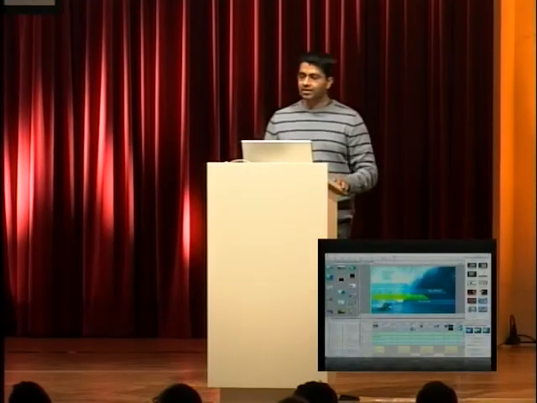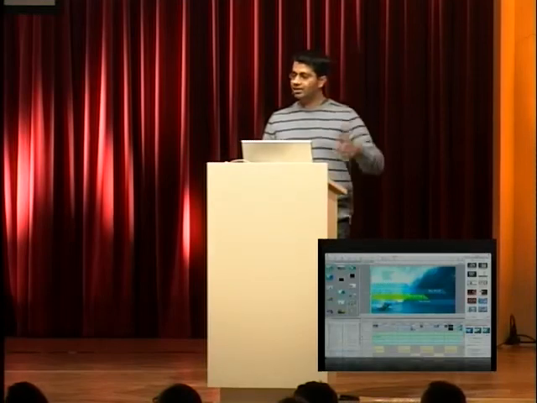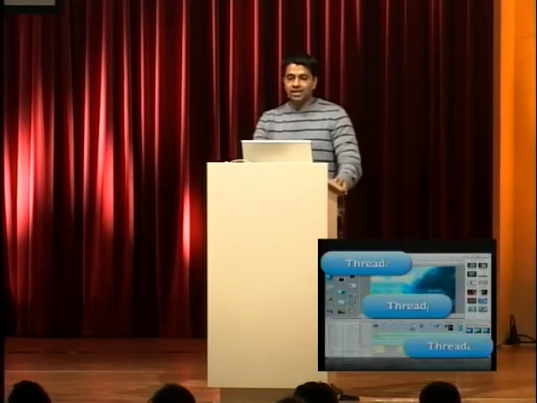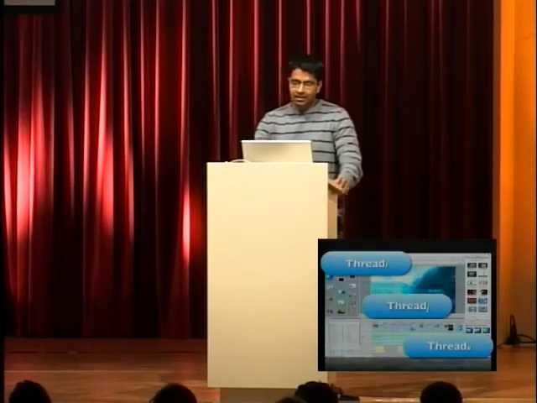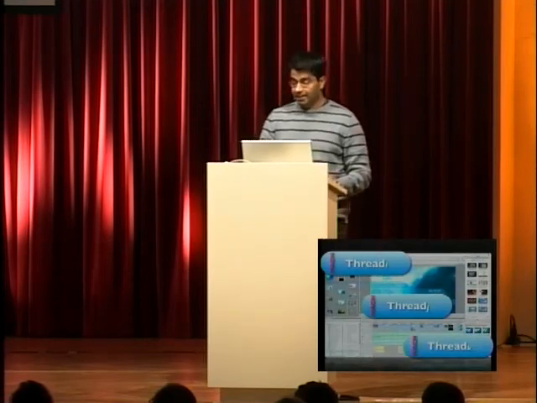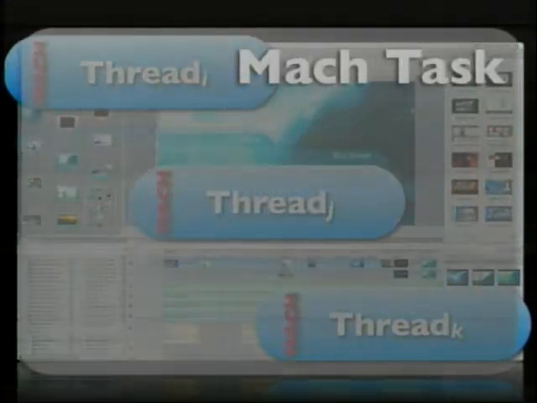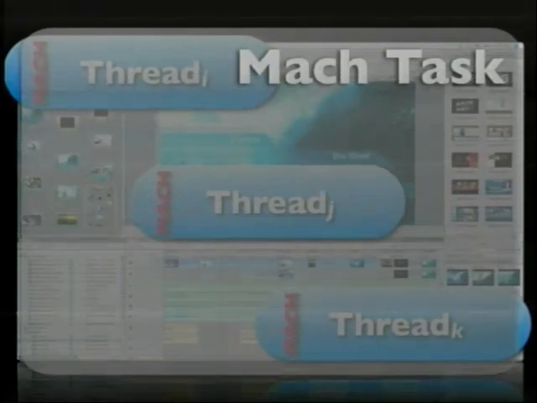So when you think of an OS X app, this is a stereotypical OS X app. It's kind of nice and candy-like, lots of interface elements. It's doing something very complicated in a very simple way. But in truth, it's running as a bunch of threads. And actually, each of these is a Mach thread. Now, I say Mach thread because all these Mach threads live in a Mach task. So why do I say Mach thread? I say Mach thread because it actually kind of looks like this.